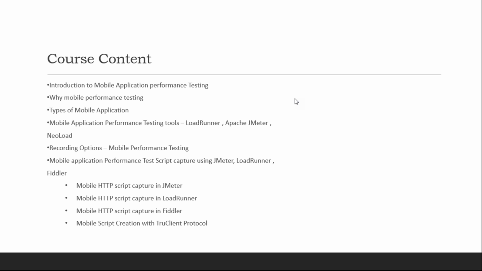Whenever a customer comes, maybe I don't know how many of you in this forum are already performance testers, if you have to prepare some proposal or approach document for a mobile application, the first and foremost question that you have to ask is what is the type of the mobile application? Is it Android or iOS? That is a primary question. Under that, you are going to ask whether it is a native app, hybrid app, or web app.